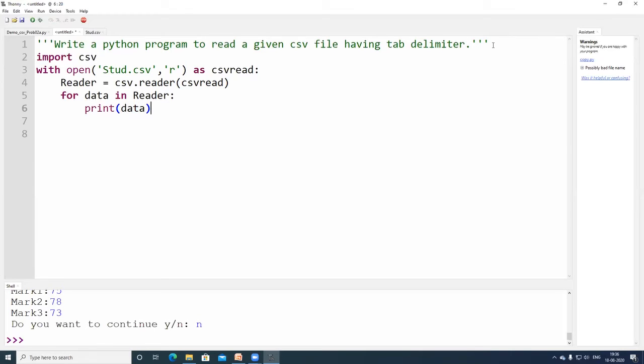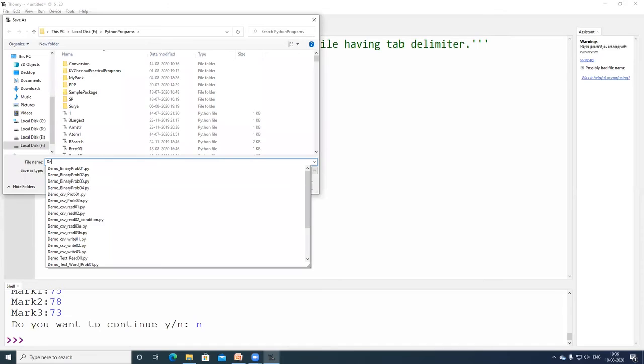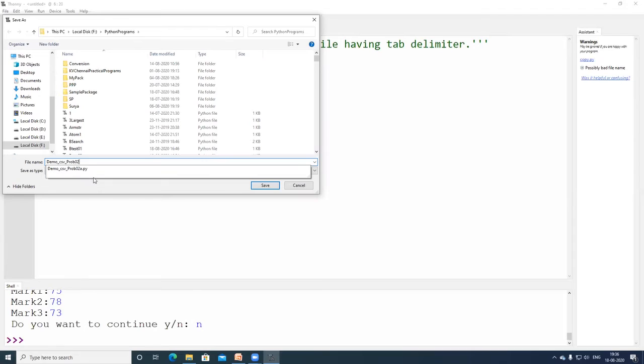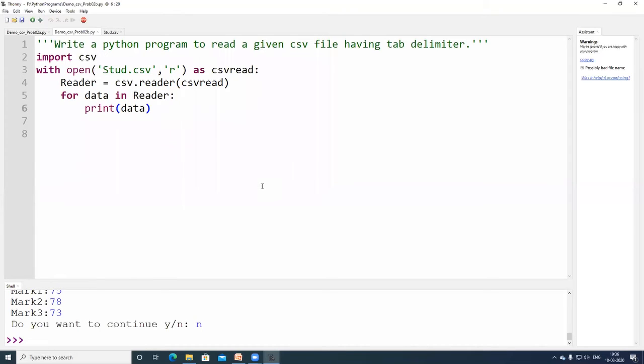Now we will save this particular code as demo_csv PROB 02. If we do not have a program for writing, then we cannot read it. So we have done it, but from the exam point of view, this alone will do.